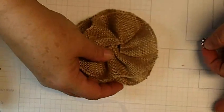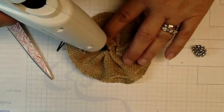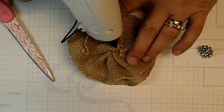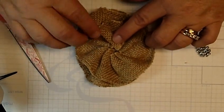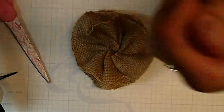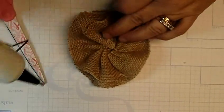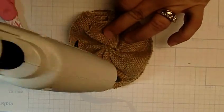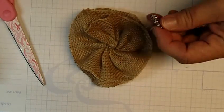We'll put it in there like that. And if you see any little pieces that aren't holding the way you'd like, you can just add a little bit of glue and hold them down a bit. That's the good thing about the brad. It's going to hide all of those. Put quite a bit of glue in the center, and